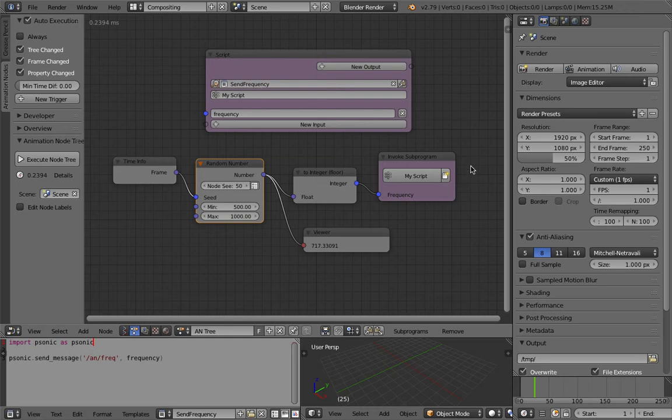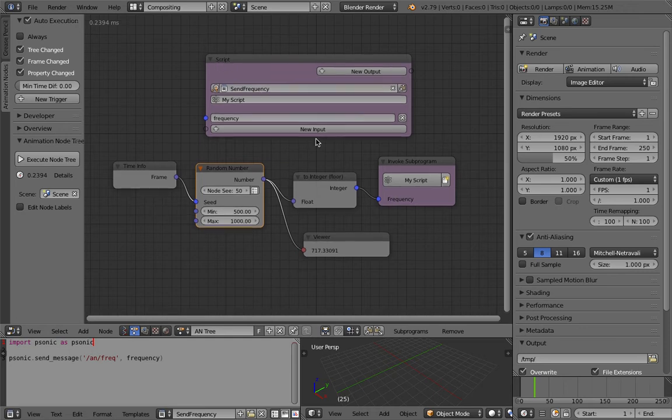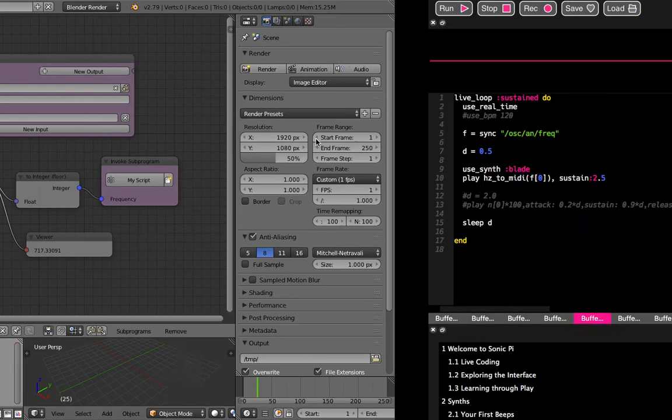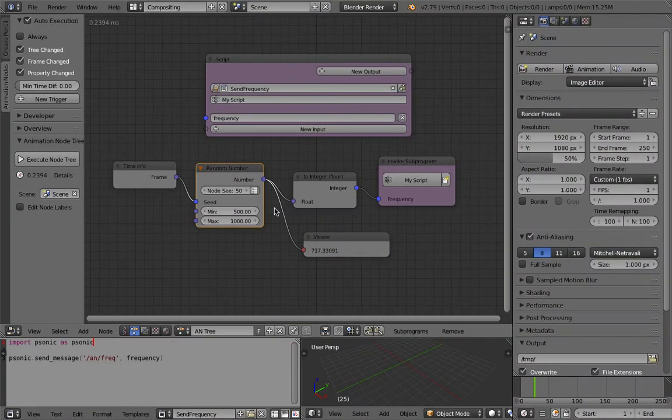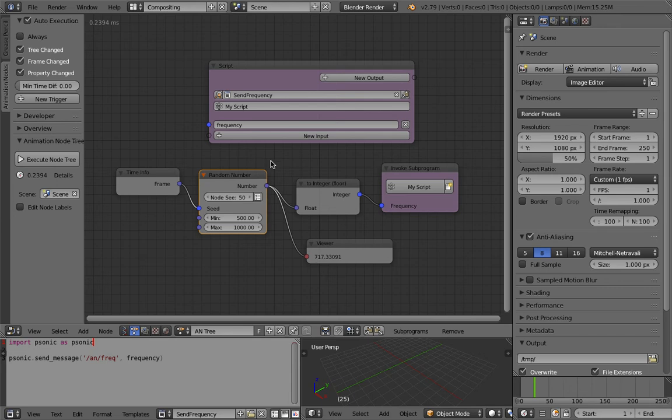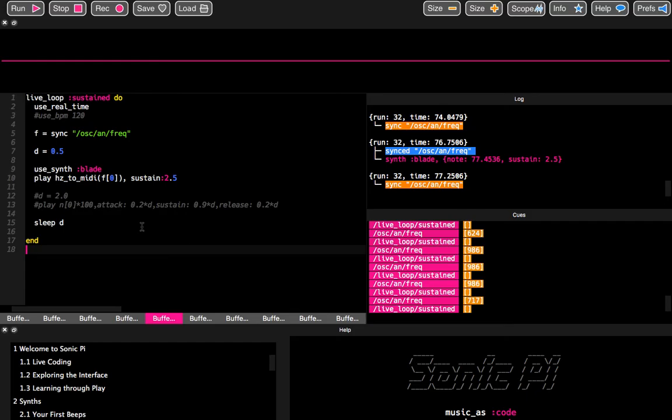In this episode, I'm gonna share with you just a very simple example using Blender and Sonic Pi to generate sound and noise. And I said it is a very simple example because really what I'm trying to do here is to send a single OSC message, a value, from Blender. A very short